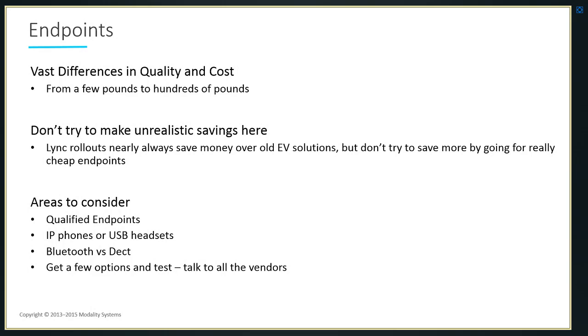Bluetooth versus DECT. Now, this is a good point. Bluetooth is getting much better in terms of its capability, but equally DECT is as well now. I'm certainly using a DECT headset now, which can go a range of 200 meters away from the base station and still deliver crystal clear, high definition audio on Skype for Business. So there is great movement in the headset market between Bluetooth and DECT. And again, there isn't one fit which you should pass out to all users. Certainly, saturating an open plan office with Bluetooth devices probably isn't the best way to go.